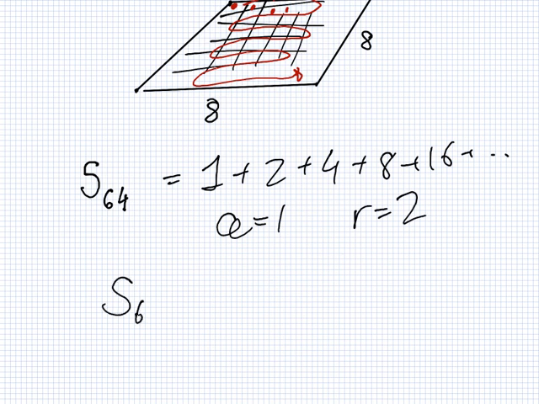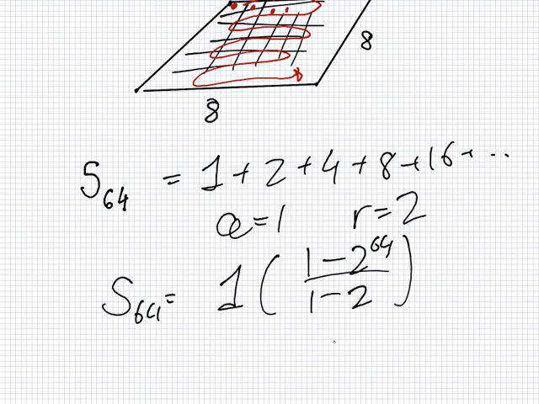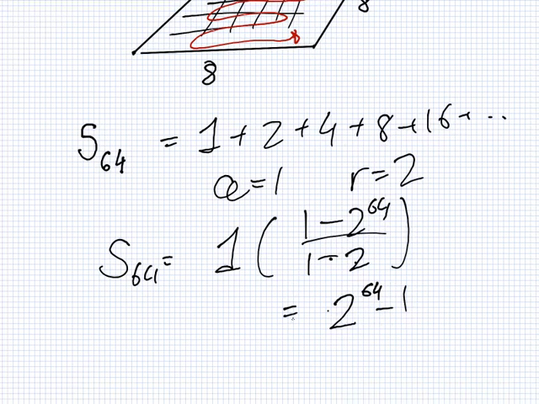So F64 is A(1 minus R^n) over 1 minus R. That's 1 minus 2 in the denominator, so this is 2^64 minus 1 then. Okay. Which is a pretty big number. 1.8